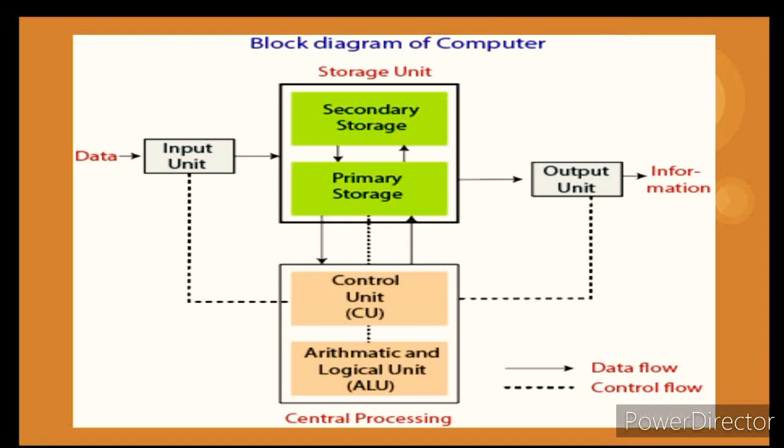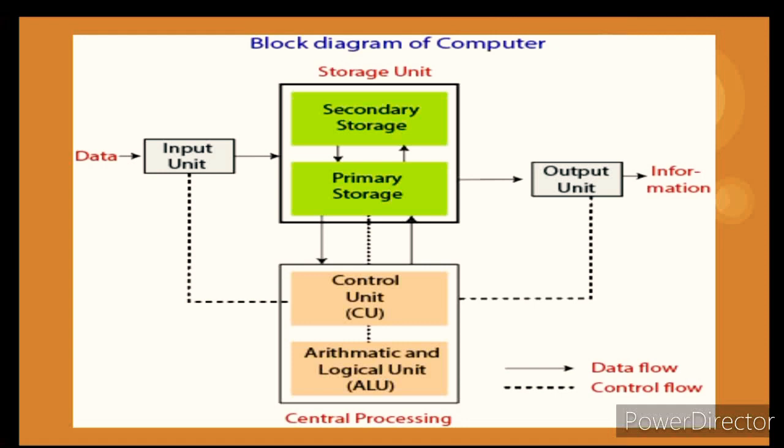Start with the first unit, the control unit. This unit controls the operation of all parts of the computer. It obtains instructions from memory, interprets them, and directs the operation of the computer. It converts the user input into signals and sends them to the ALU. It uses clock inputs to maintain the sequence of the data. The speed is the frequency of the data processing and it is measured in megahertz.